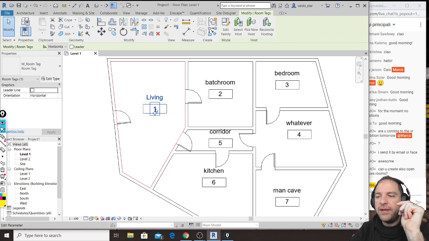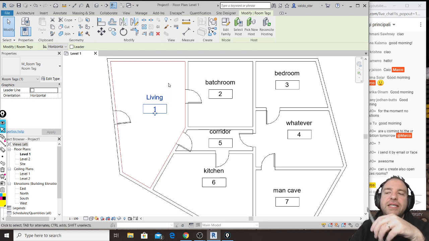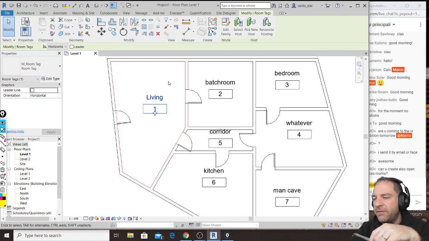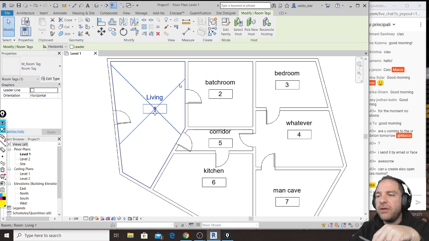There is a number that is useful one day when we will study the possibility that you can make schedules directly from Revit. But the most important thing that you need to know about room is not only that you can just write this useless thing, because you could write it with text, but the most important thing is this. Look, if you select